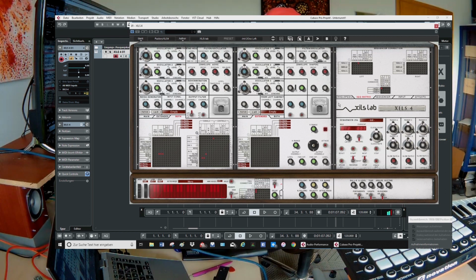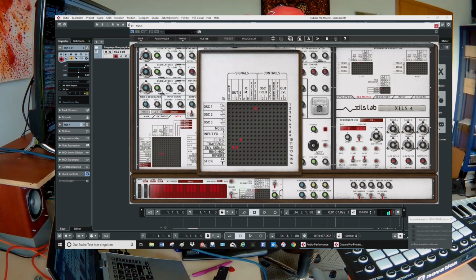Okay, say stop and start, and here it goes. On the right side here you can say how fast it should be and the slew rate. And while it's running, of course, tempo. And do something with the frequency. And from now on I switch over here again and say